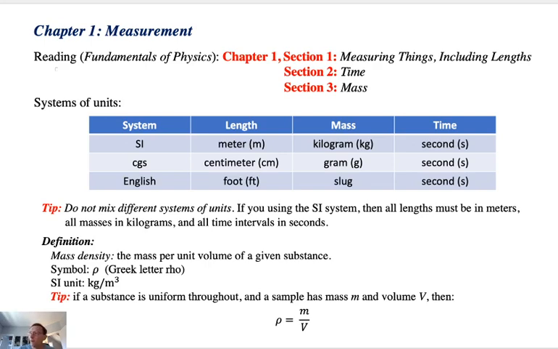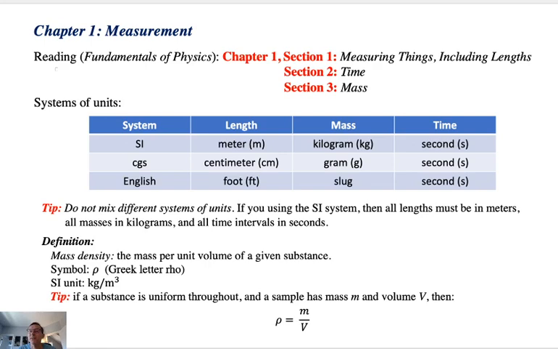First, one of the things you need to be aware of is that we will be coming in contact with three different, what we call systems of units. The most frequently used system is called the SI system. SI stands for System International. And in the SI system of units, any length must be measured in the unit called meter, denoted m. Any mass must be denoted in the unit kilogram, kg, and any amount of time must be denoted in the